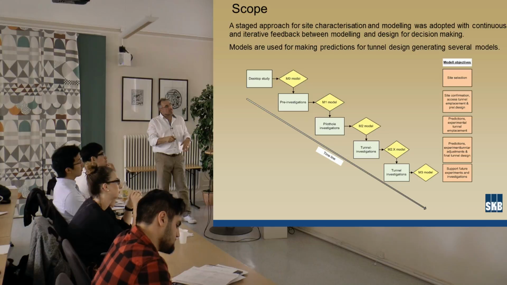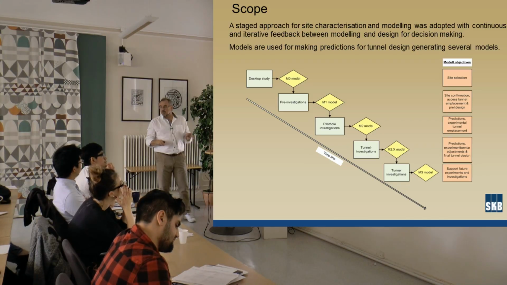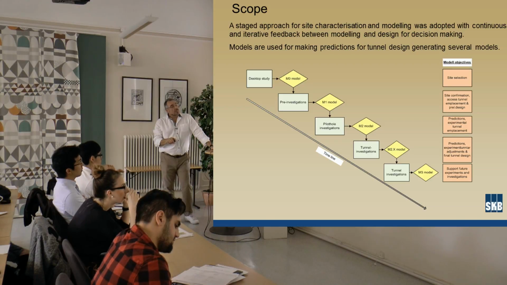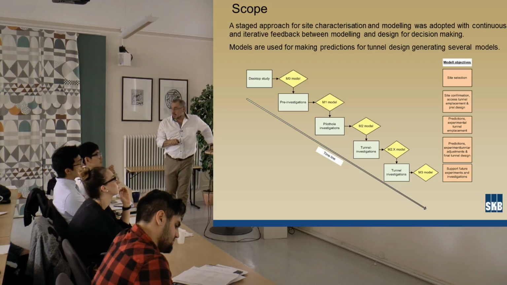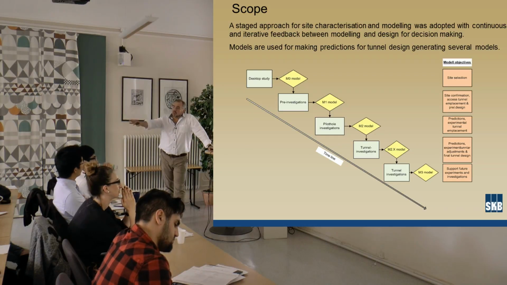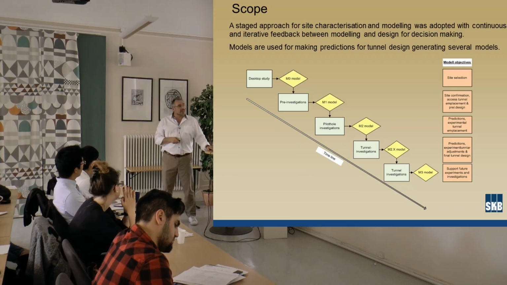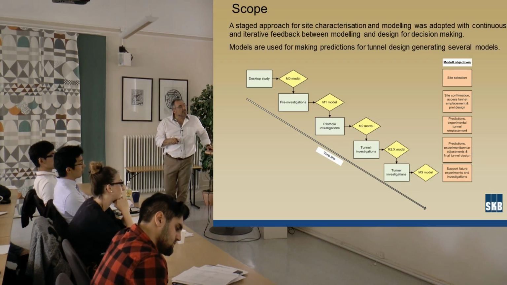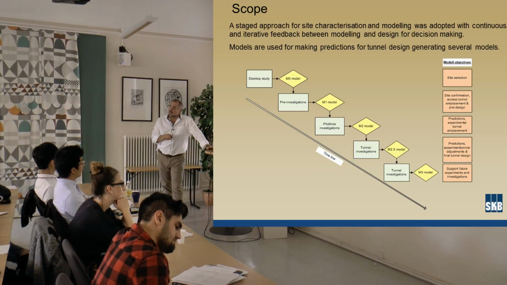Then the second step was to drill, to do pre-investigations. I will come to that, two boreholes and what we did, which produced yet another model. This other model was supposed to confirm the site and to place the tunnels, at least initially. Once that was done, based on this model and the emplacement of the main tunnels, we drilled pilot holes along the direction of the intended tunnels to be characterized. And then collected data from this and produced yet another model, model number 2. For model number 2, there were predictions and experimental tunnel emplacement. This was utilized. After this model, the final setting was made for the construction, and the tunnel was constructed,